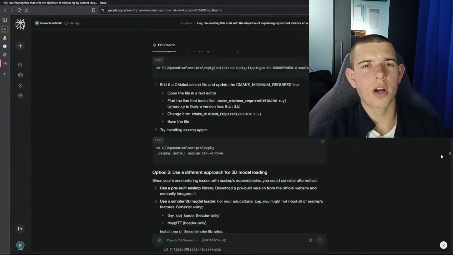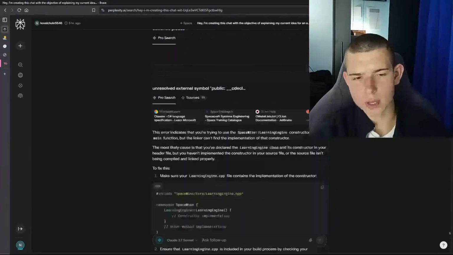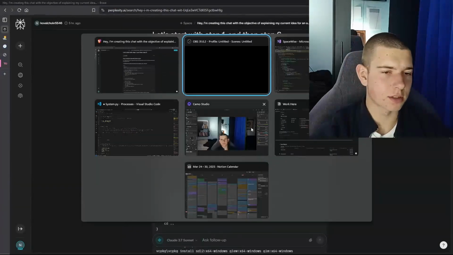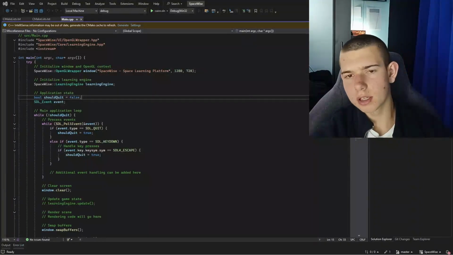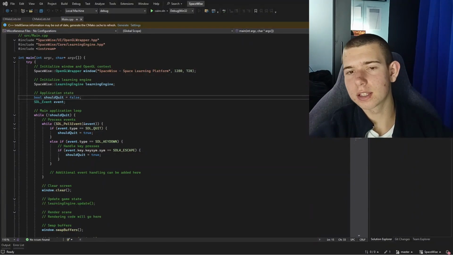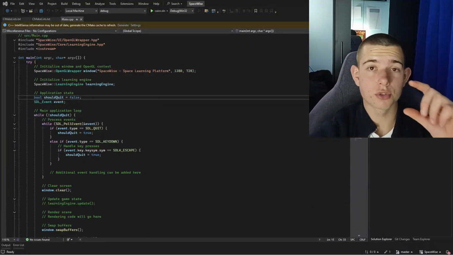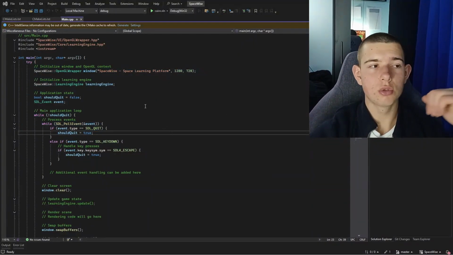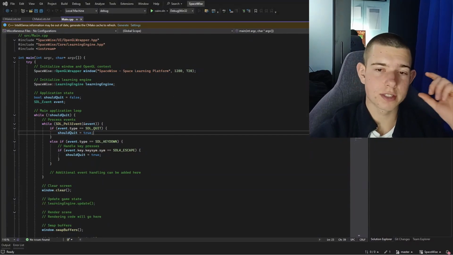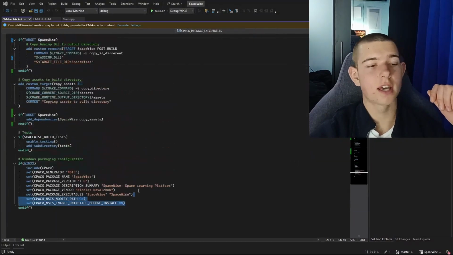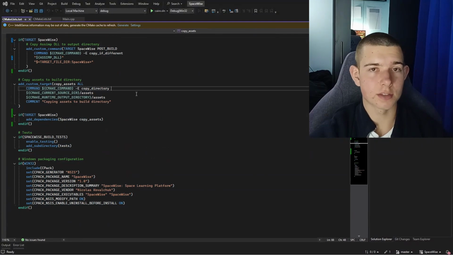Let's get started. So as you see, I've asked many questions to AI and I have gotten many answers. What I did today was go from absolutely nothing, like just this whole folder structure, to having some code, to structuring everything with CMake, as you see over here, and making everything work. It still doesn't work because I haven't fixed the bug, but I'm going to show you how I could do